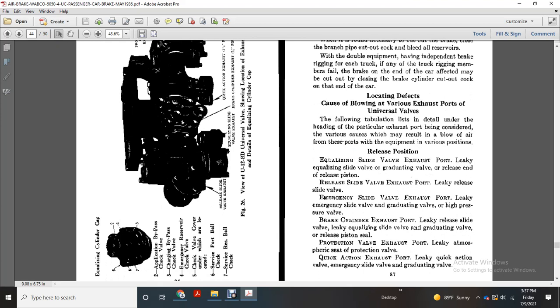Locating defects caused by blowing of the various exhaust ports of the universal valve. A tabulation lists the details, heading each particular exhaust port being considered, with the various causes that may result in the blowing of air. These ports are examined in various positions. Equalizing slide valve exhaust port: leak in the equalizing slide valve, graduating valve, and release end of the release piston. Release slide valve exhaust port: leaky release slide valve. Emergency slide valve exhaust port: